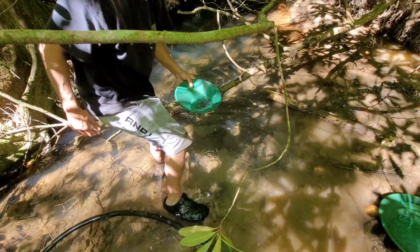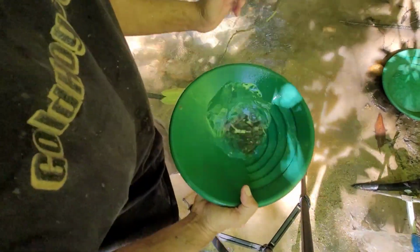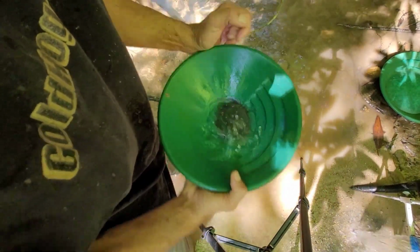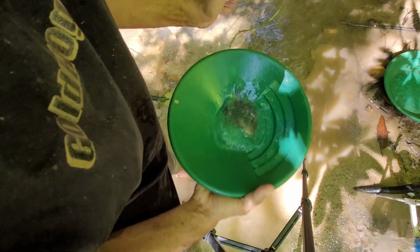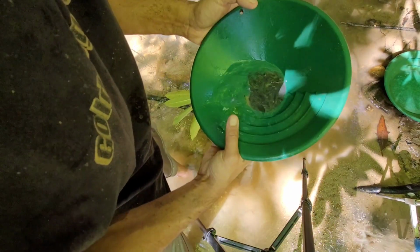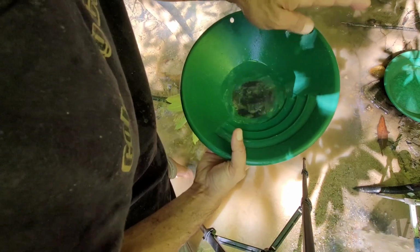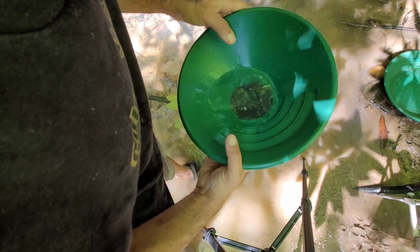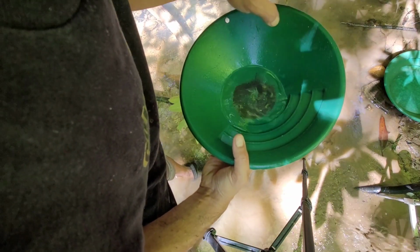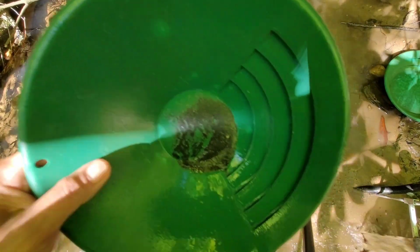Alright, let's see. Hopefully we didn't get a skunk test pan. That would not be ideal. Well, it's definitely not skunk. Well, we definitely didn't get skunked. Let me show you. It's not the best ever. Not the best ever. Let's see here. We can do it without even moving the...